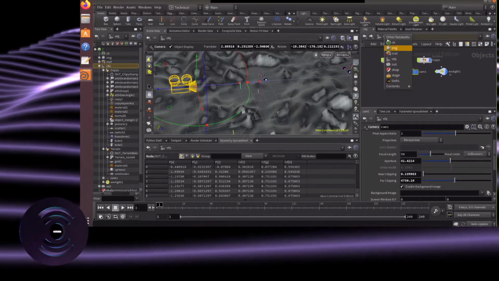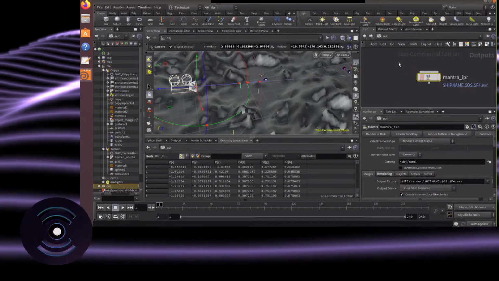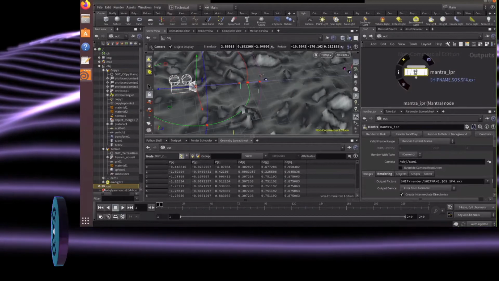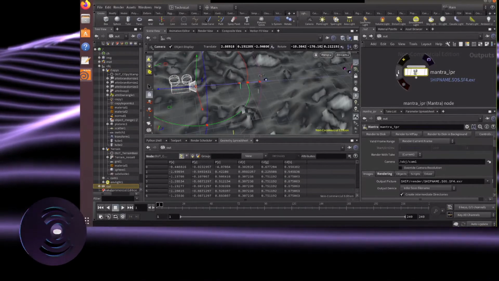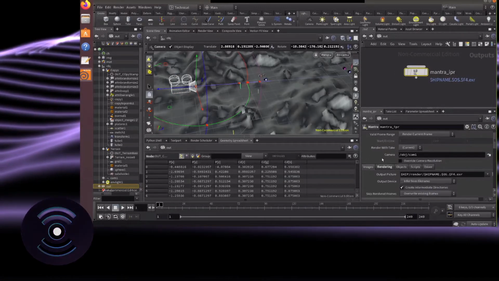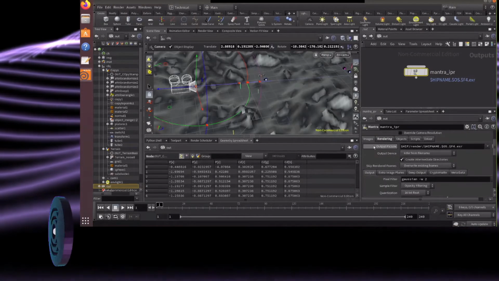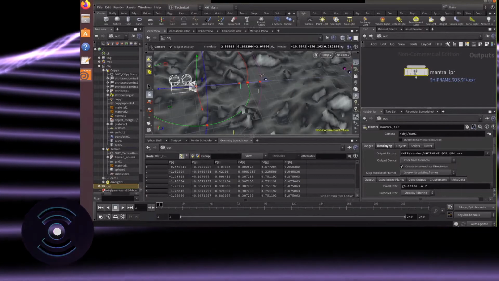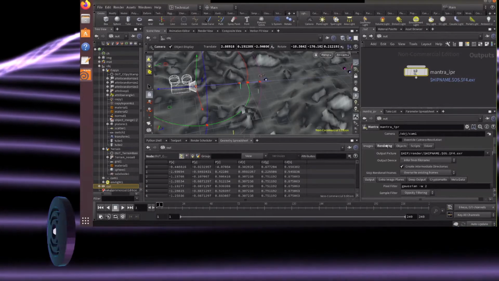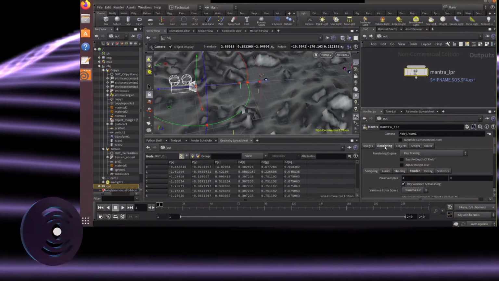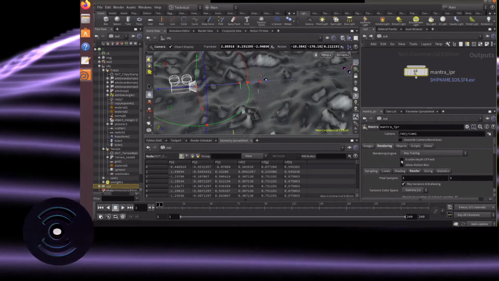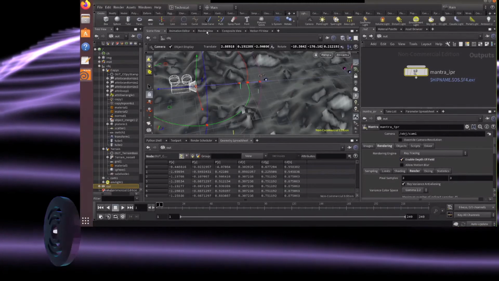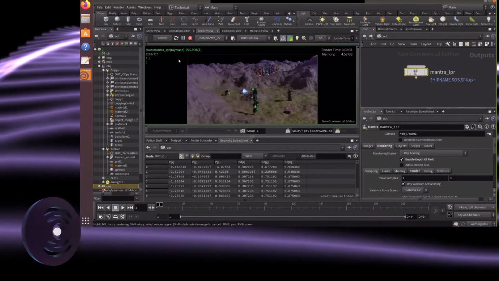We want to go to the out menu. You get this one Mantra node, which is the renderer that we're using. Most of the settings will be fine. I won't go over them now. I can talk to you more about that in person if you want. But the main thing is, in this rendering tab here, you get enable depth of field. And if we go back to the render out,